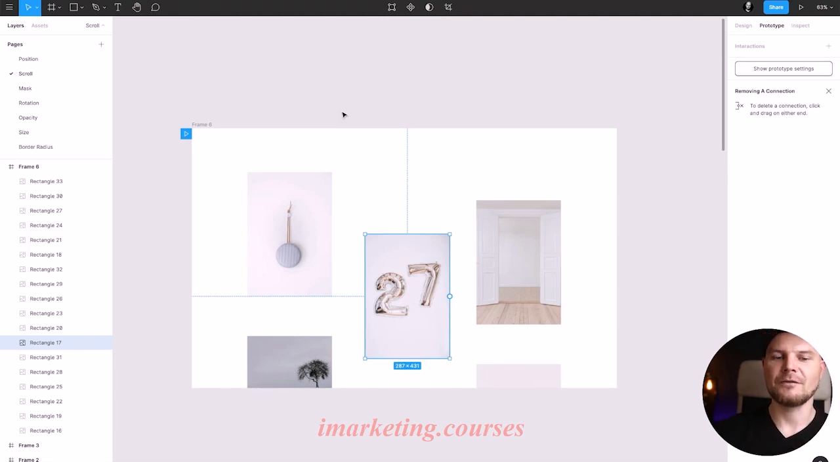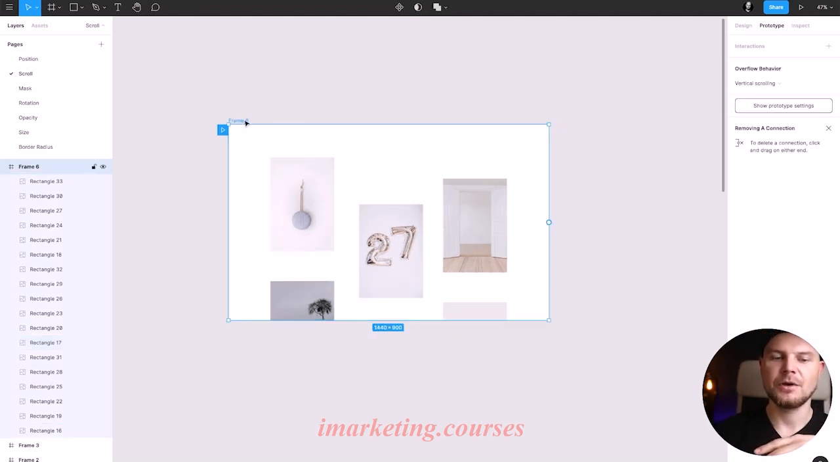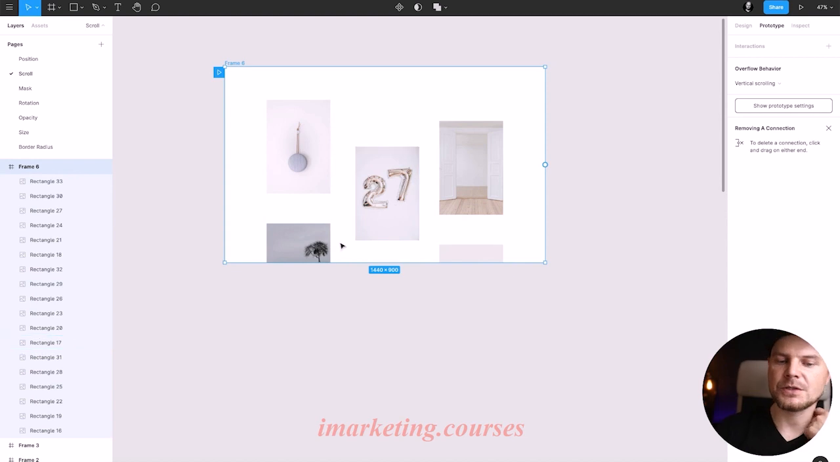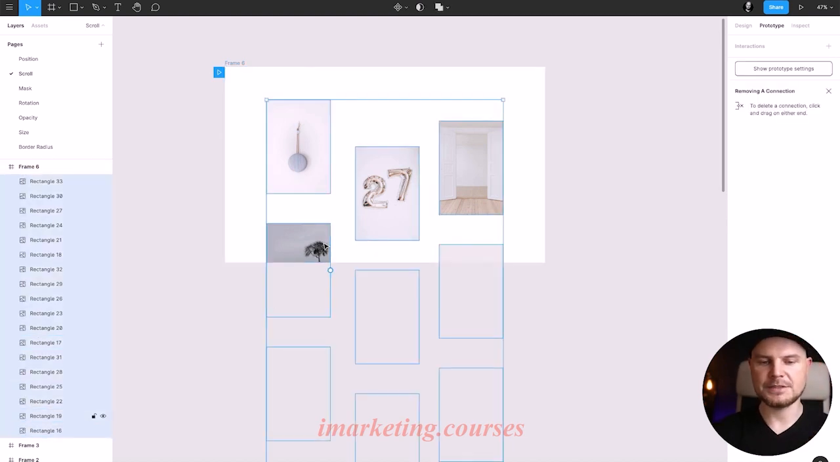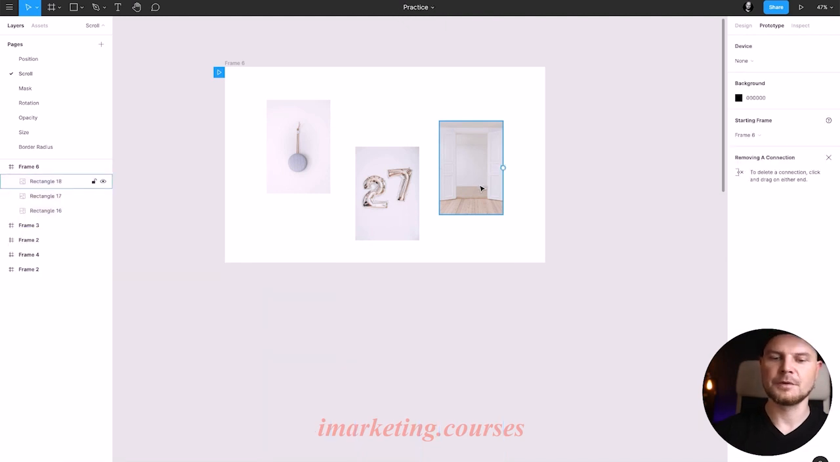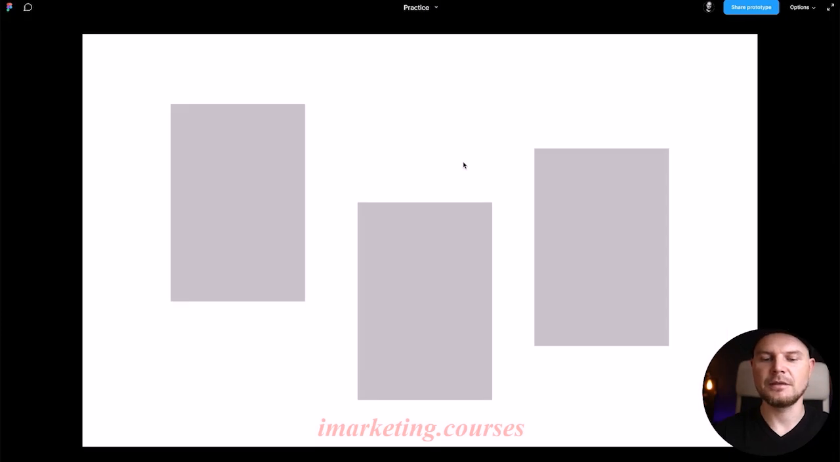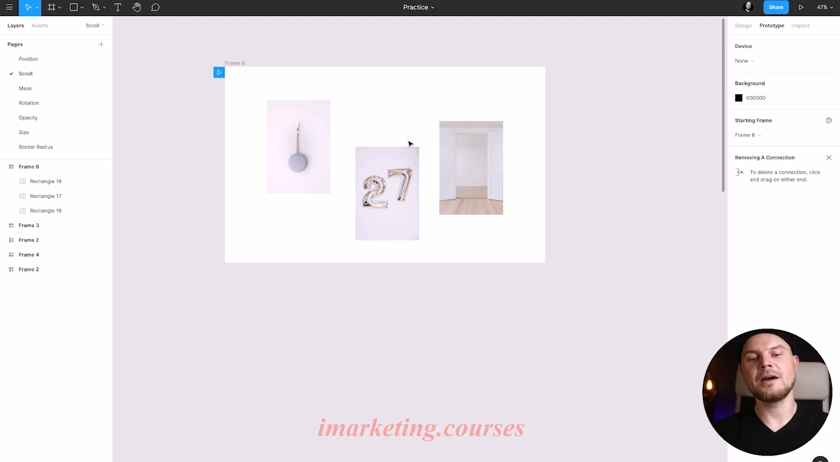What do you need to have for scroll? First of all, you have to have a frame. Also, all the elements that are inside of your design should go outside of the size of the screen, because in this case, when I click play, nothing is scrollable. I'm trying, but it doesn't scroll